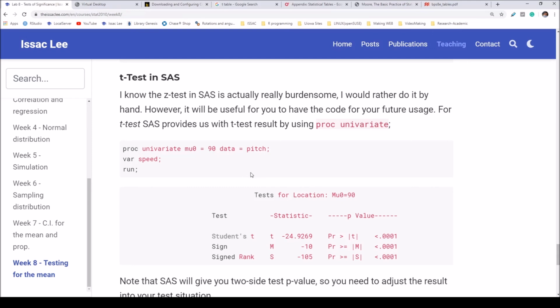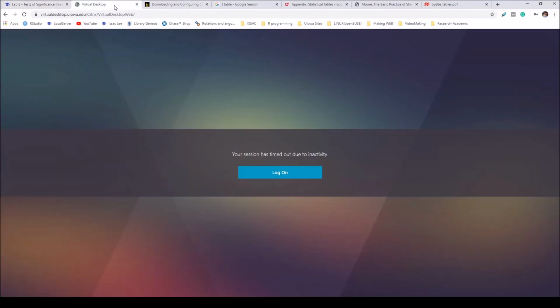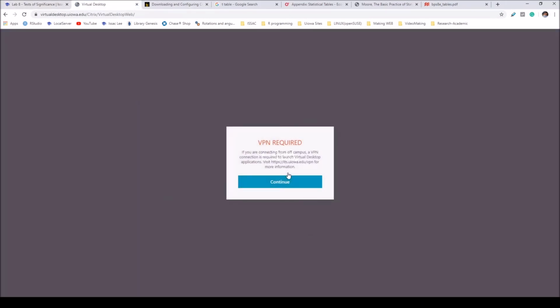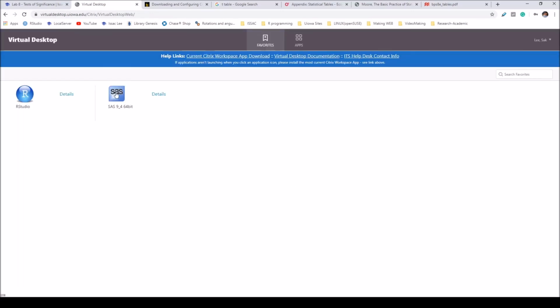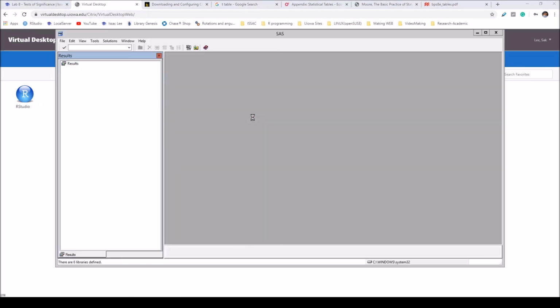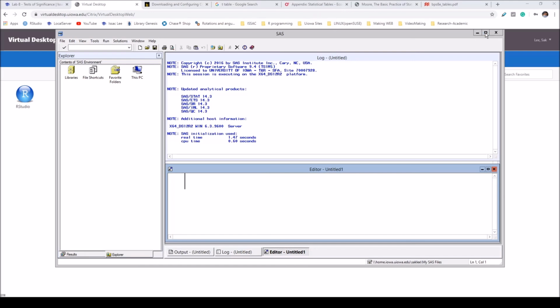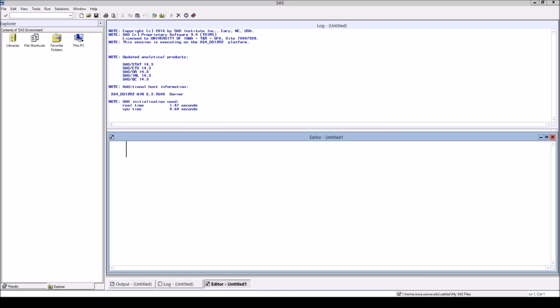Basically, to do the test, the very first thing we need to do is load the data in SAS. So let's go to the virtual desktop and open SAS. Using the data line command, I want to load the data.